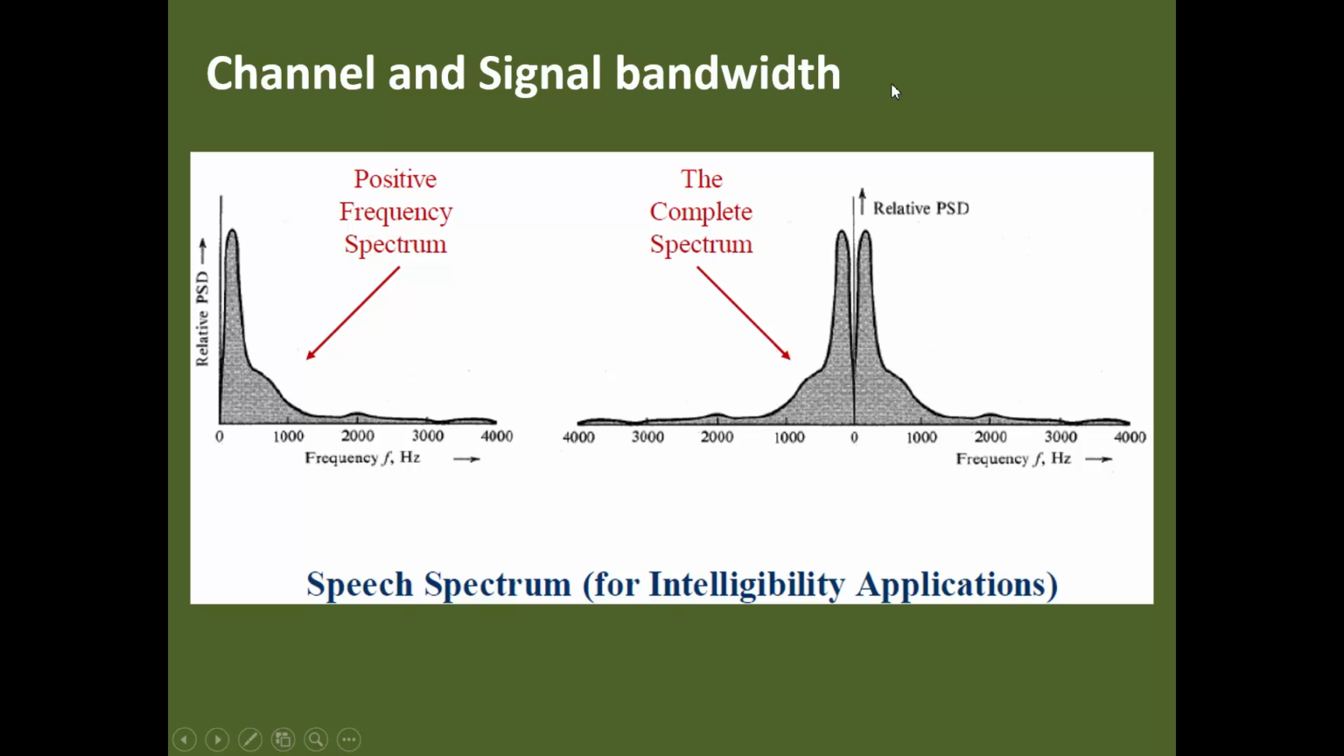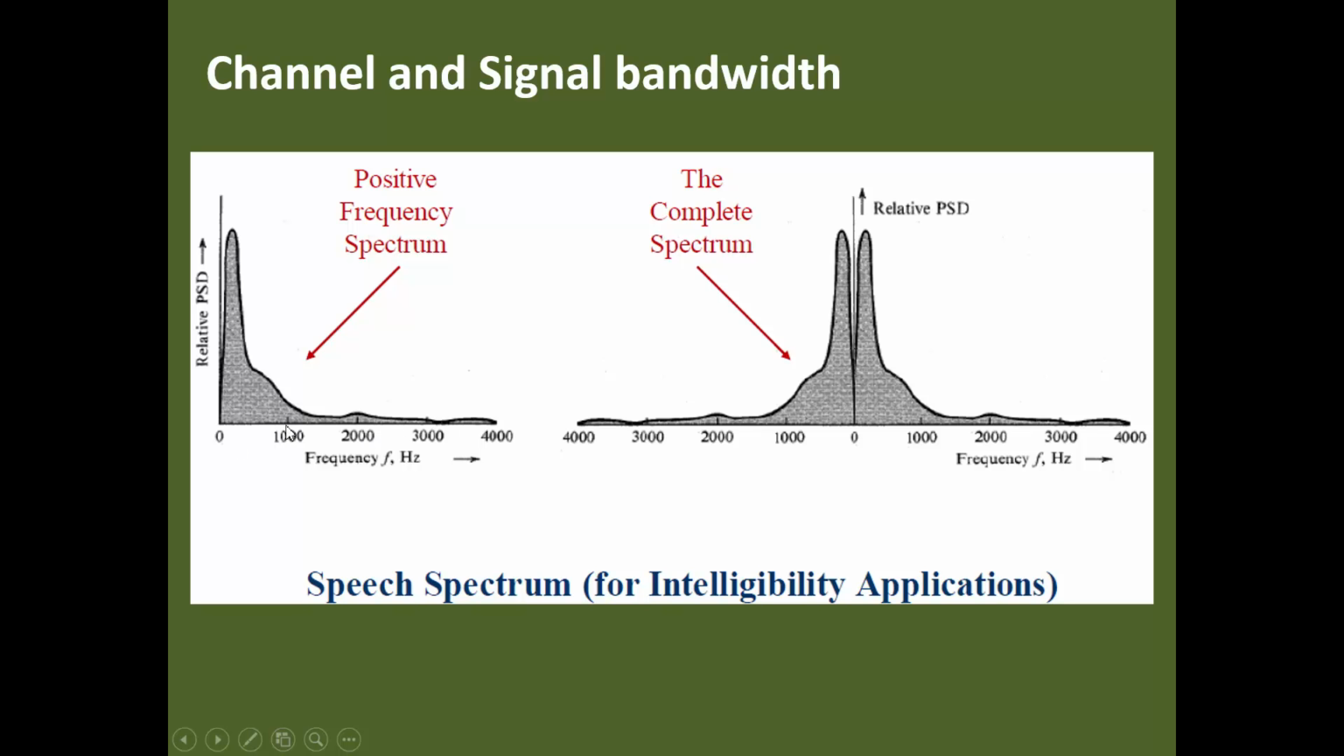So, channel and signal bandwidth. Now this is the speech spectrum for intelligibility applications. This can be the frequency spectrum of the speech signal. It is expected from up to 3400 hertz. If you look at the relative power spectral density, going from 0 hertz to 3400,